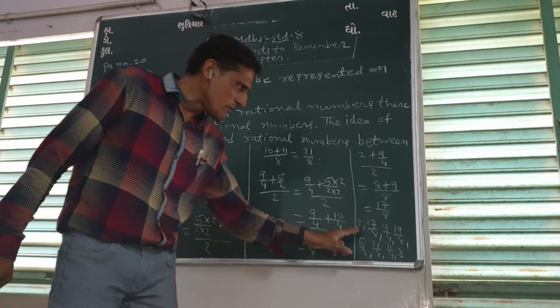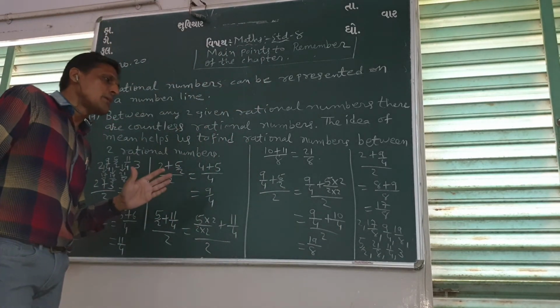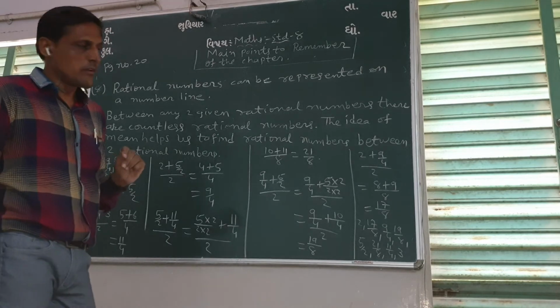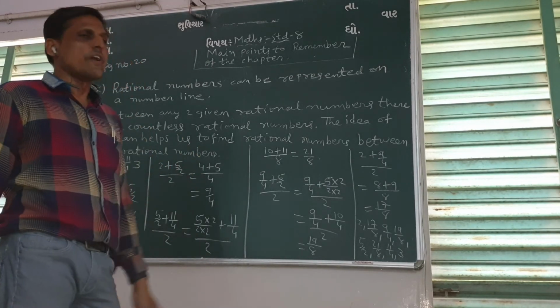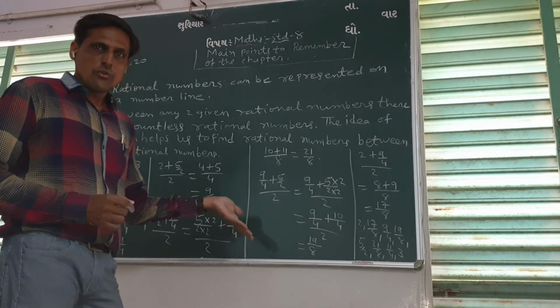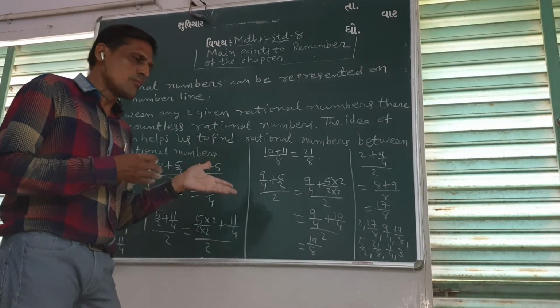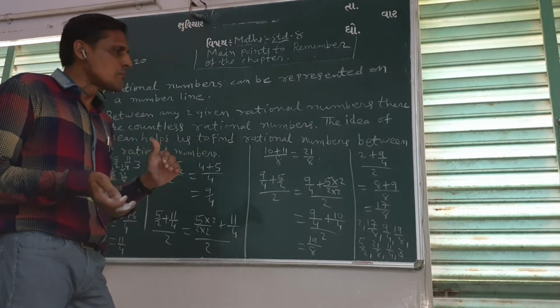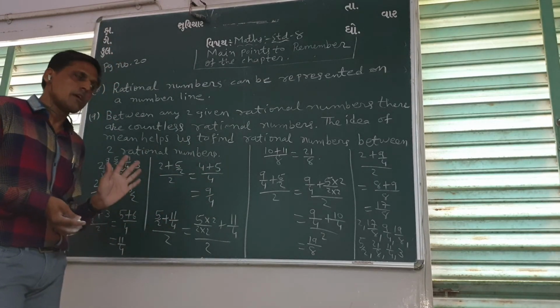Okay, so how many numbers we have found between 2 and 3 by method of mean, right? Mean की method से हमने कितने numbers find किए? 6 numbers we have found. So this method is also valid. Instead of multiplication we can do also this one. Okay, in exercises we have done multiply and then we have found between numbers, right? इसमें जो नंबर आएंगे वो मल्टीप्लिकेशन से फाइंड किए, तो ऐसे भी हम फाइंड कर सकते हैं.